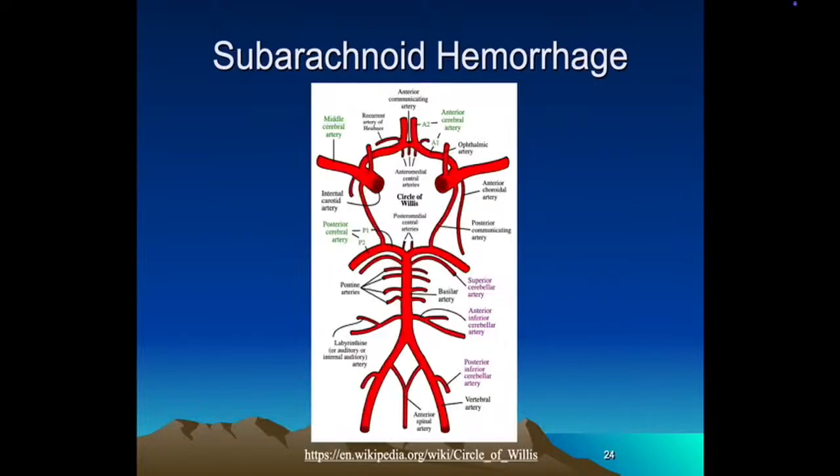And here's a better look at just the circle of Willis. So blood coming from the heart is going to come up through the vertebral arteries at the bottom, that merge to the basilar artery and goes up to the circle of Willis. You also have the internal carotid arteries coming up, one on each side, and they're shown here in the